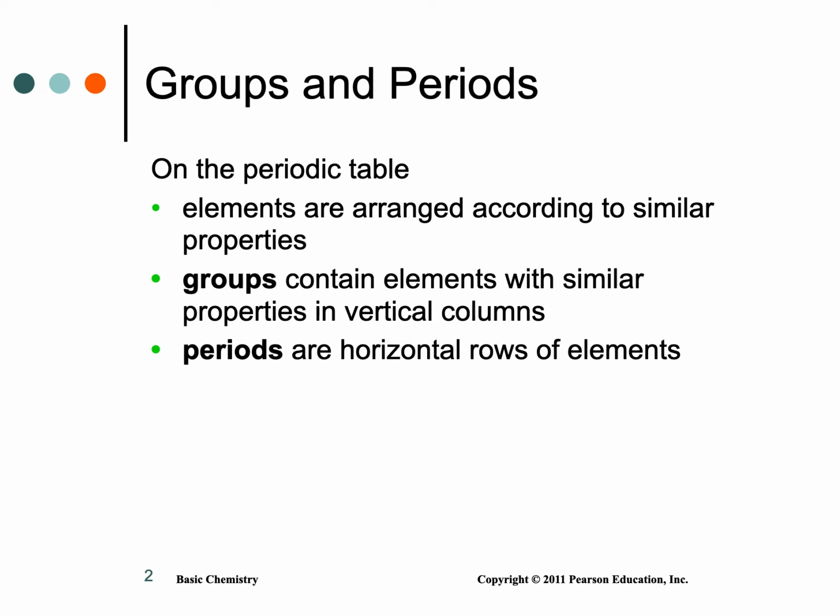A period, the reason why it's called a periodic table, is a horizontal row. And a period is something repeatable. So in a school you would have a first period and then a second period, where the bell rings and you begin class, and then you go to the end of a period, then the next period starts. So it's something repeatable. As you proceed from the left to the right across a row in a periodic table,